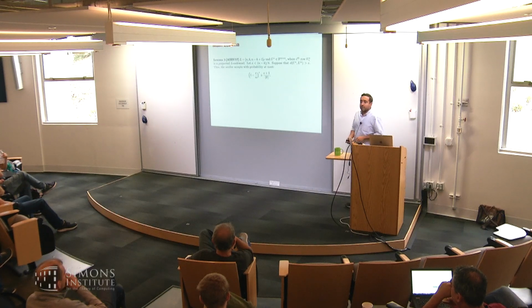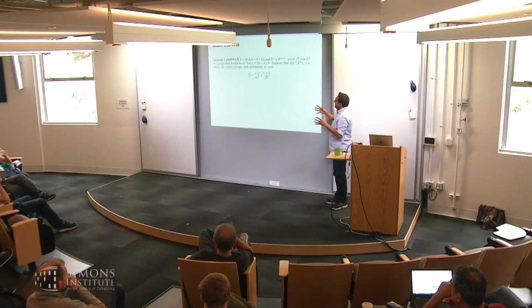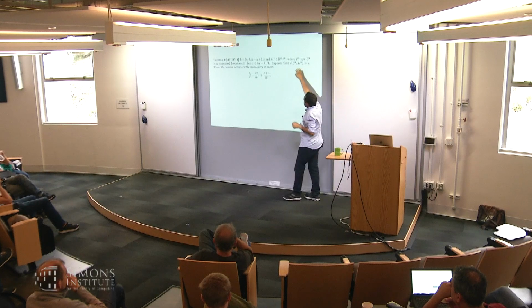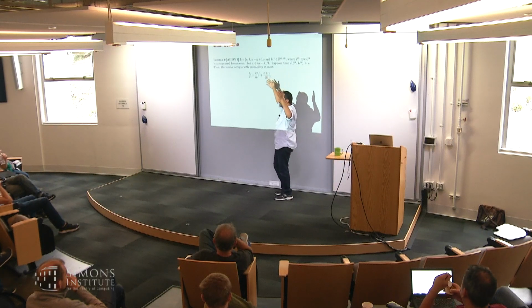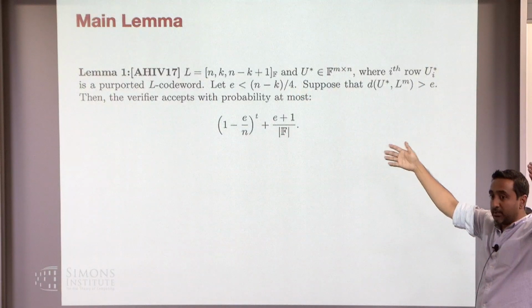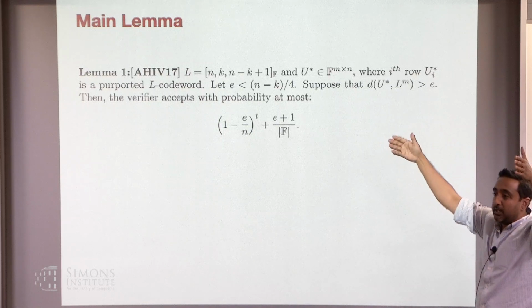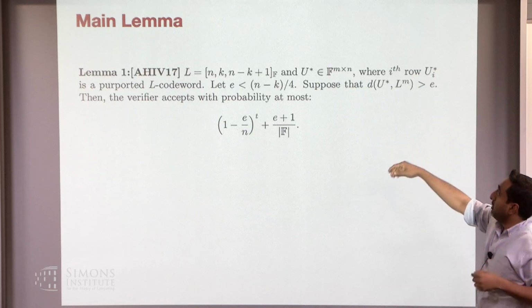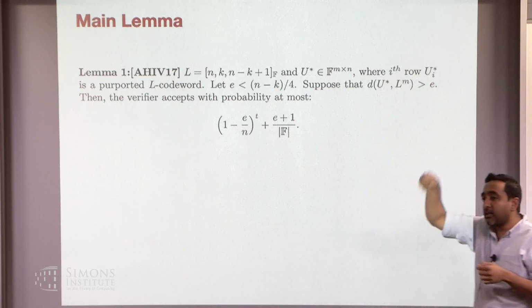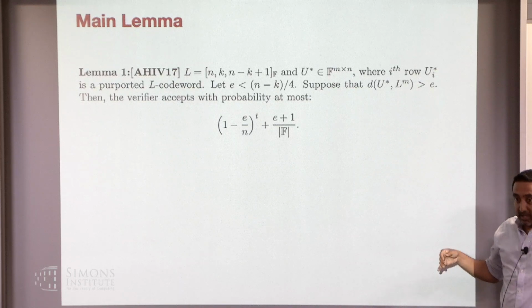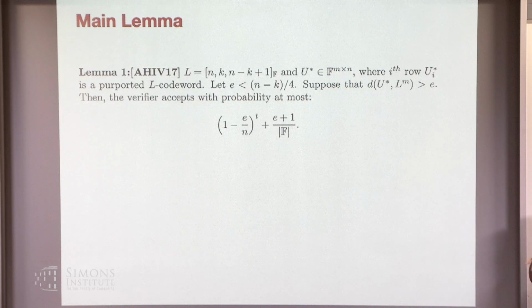So basically, in this test, what do we want to do is that, think of the matrix U star, which is the matrix that the prover, combining the columns of the symbols in the sky. Now, you want to ask how many columns of this have errors across the rows. Each row needs to be a valid encoding, and you're going to ask how many columns have these errors, and you want this to be small, or at least you want the verifier to reject if a lot of these columns have